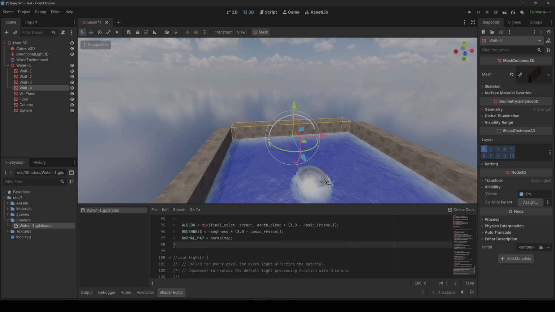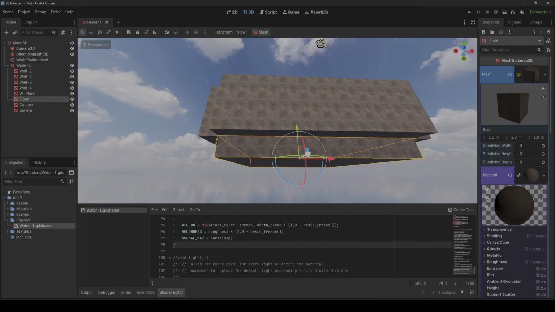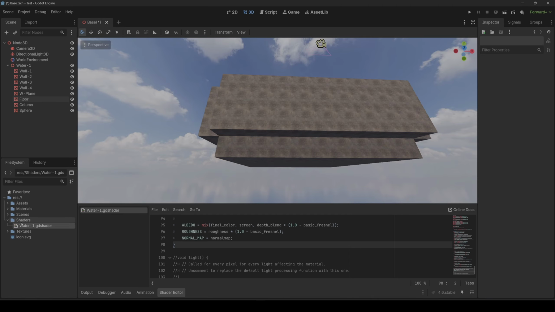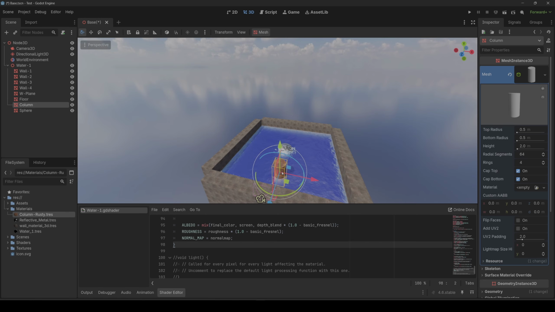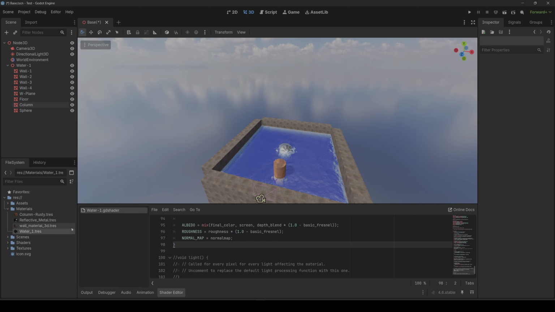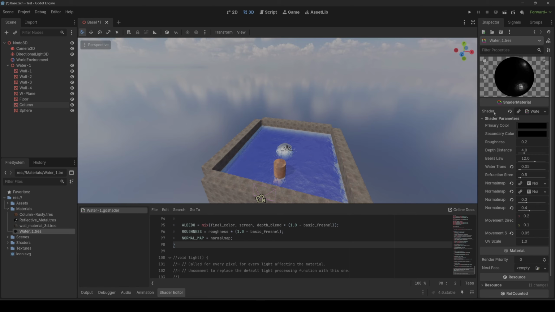And then for the walls, there's just 5 of them. 4 on the side, and then this one on the bottom. And those are using the plaster wall texture, which after downloading I created materials for these things. So there's the reflective metal, which is for the ball, the wall material for the 5 walls, the rusty column for this middle column here, and then the water texture, which is again the water shader material. This is more for default material,